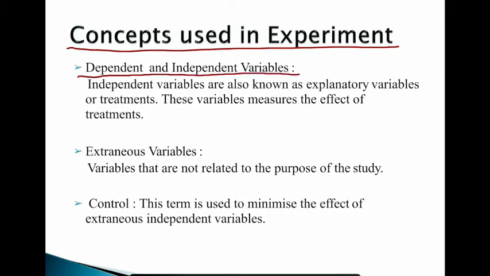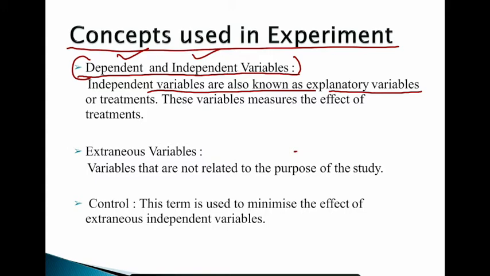That is the first thing which I always say, that when we go for experimental or causal research, because we are talking about cause and effect, the researcher should have a set of variables, dependent and independent variables. As the name suggests, independent variables are also known as explanatory variables because they are explaining, and these variables measure the effect of treatments. The variable which is independent in nature is known as the independent variable, and it is also known as the explanatory variable because it has the power to explain the dependent variable. The dependent variable, as the name suggests, is the variable which depends on the independent variable.